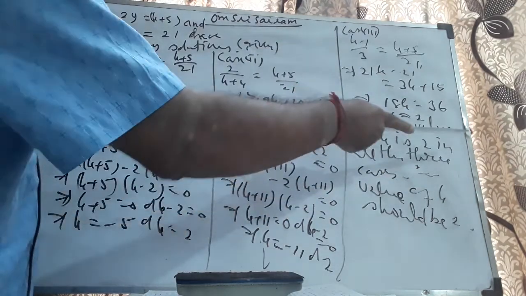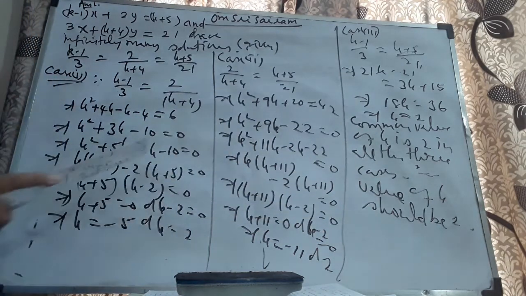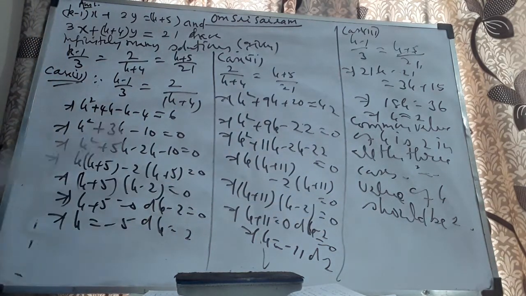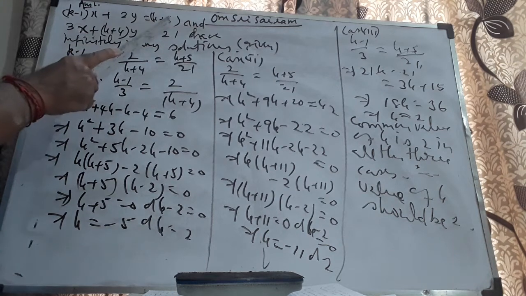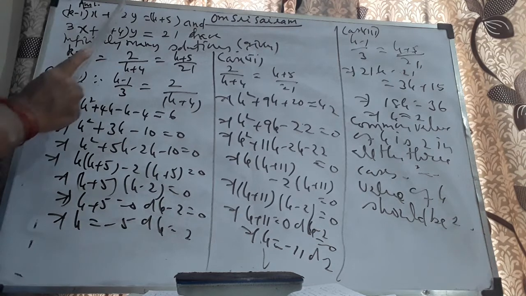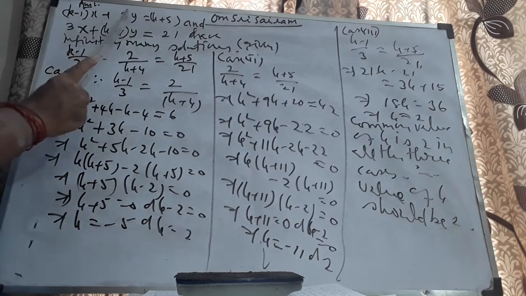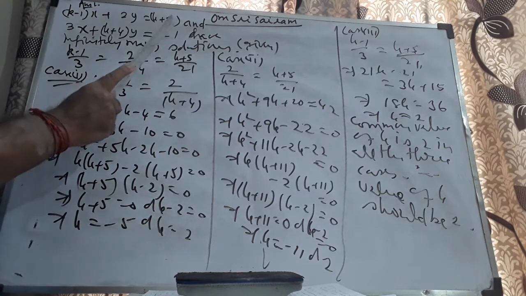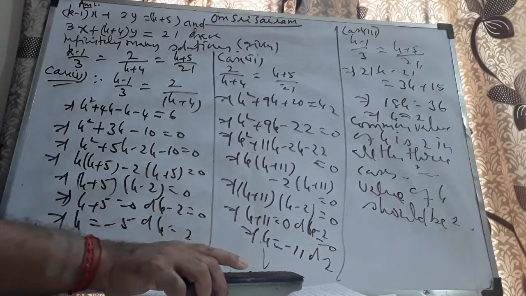Now the common value of k in all the three cases is 2. So the value of k should be 2 for the given system to have infinitely many solutions. You can just check by substituting. Here x plus 2y is equal to 7, 2 plus 5 is 7. Here 3x, multiplication of 3, it should be 4, so 2 plus 4 is 6, right? And of course 21. For x plus 2y is equal to 7 and 3x plus 6y is equal to 21, they have infinitely many solutions. It's correct. k is equal to 2 is correct.